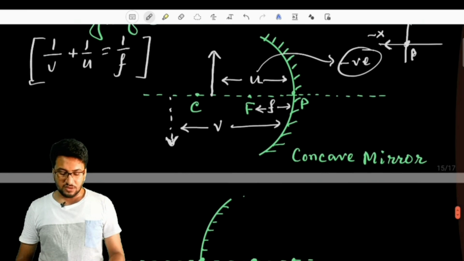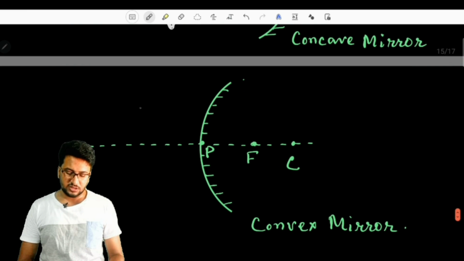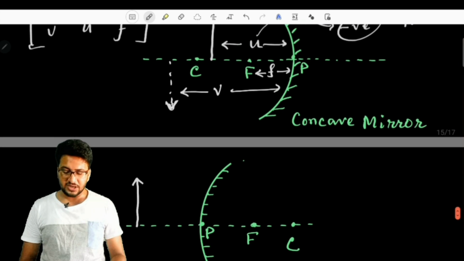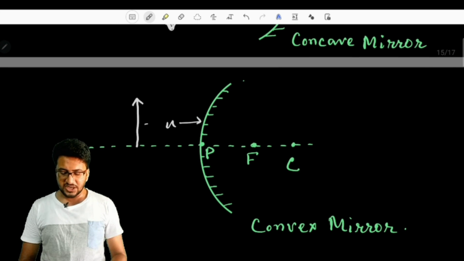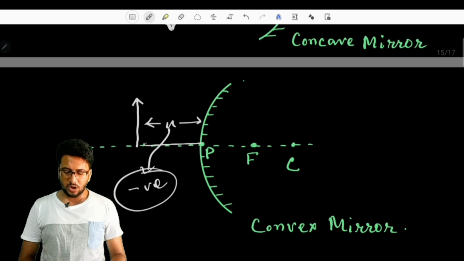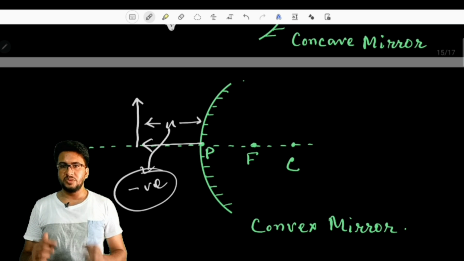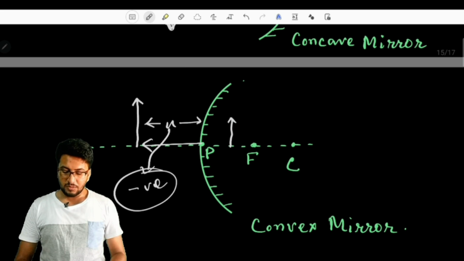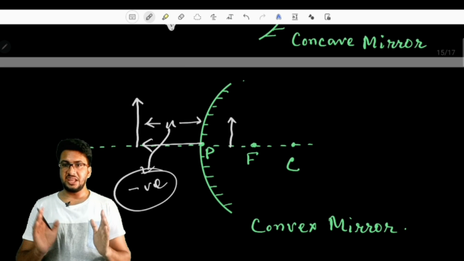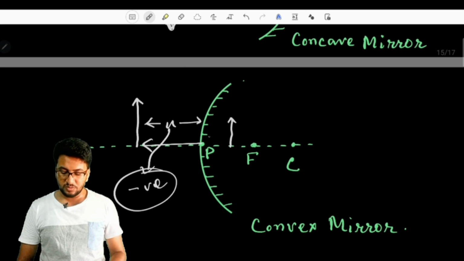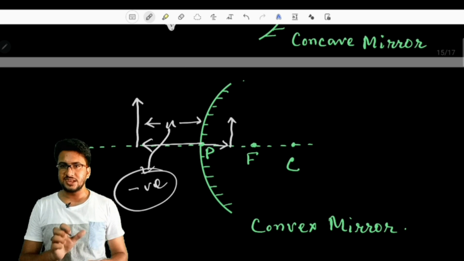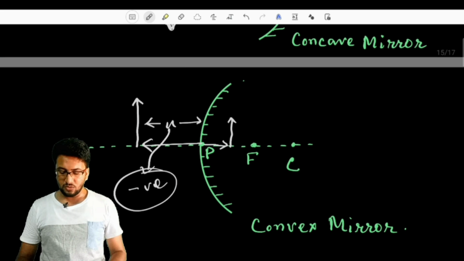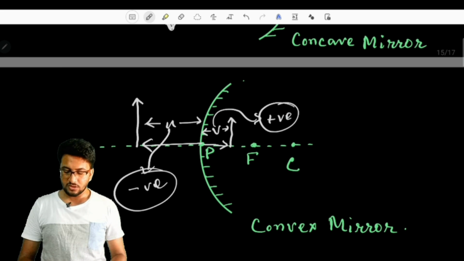So this is in case of a concave mirror, but if we think of the same thing for a convex mirror, suppose the object is kept at a finite distance. The object distance is finite and this object distance will be measured as negative. Why? Because from the pole we have to move towards the left hand side to measure the distance between the object and the pole of the mirror. But the image is forming in between P and F. When such an image forms between P and F of the mirror, to measure such a distance we have to move along the right hand side. And that's why we will take the image distance as positive in case of a convex mirror.